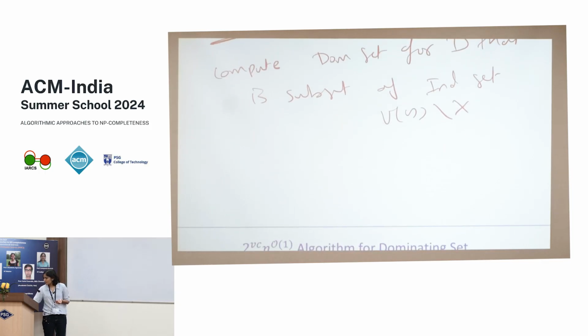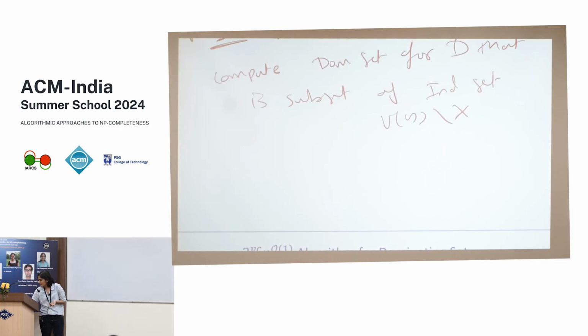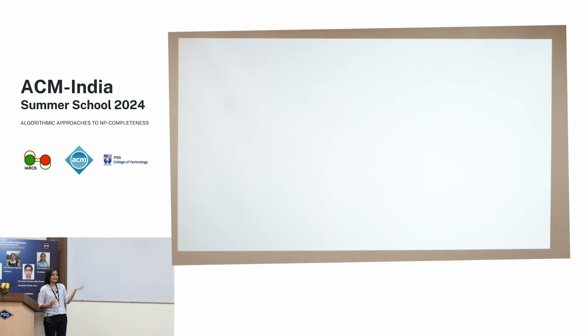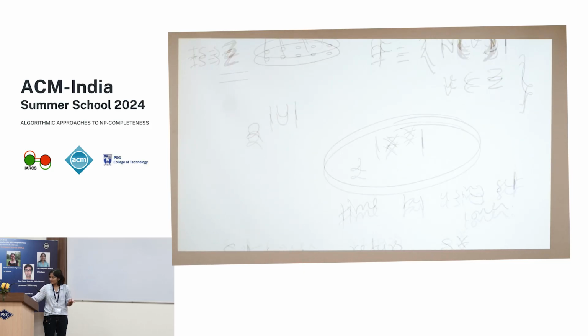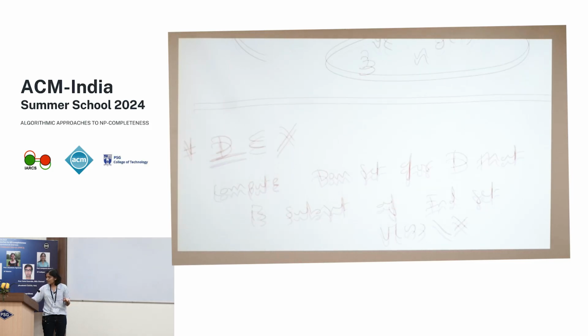Now instead of looking at it as a family, you can look at it as the vertices in the independent set. But those again you can consider as a family, you can write it as a set cover instance, and those vertices in the independent set will give you a family, right, just by taking their close neighborhood. It's the same reduction that we did above here, right? So basically now what do we want? We want to cover our universe,